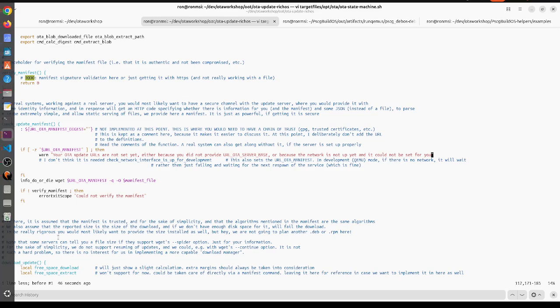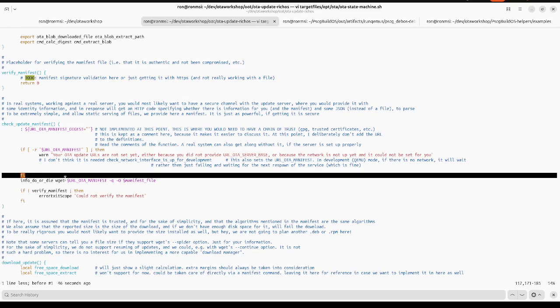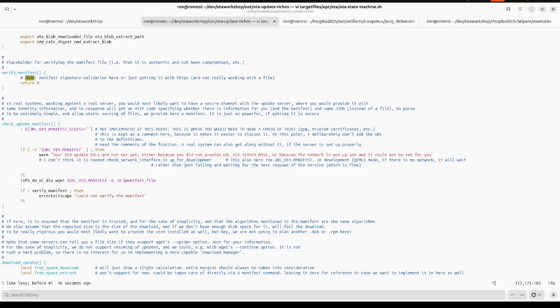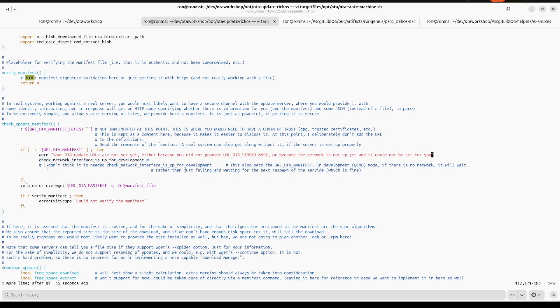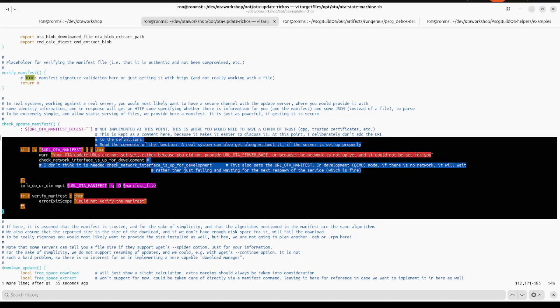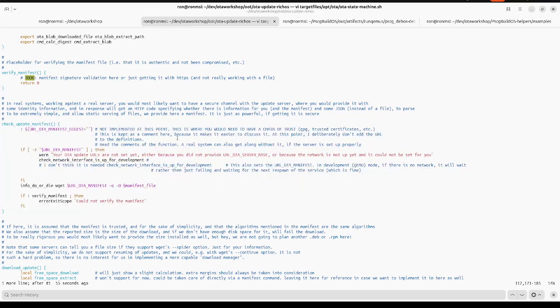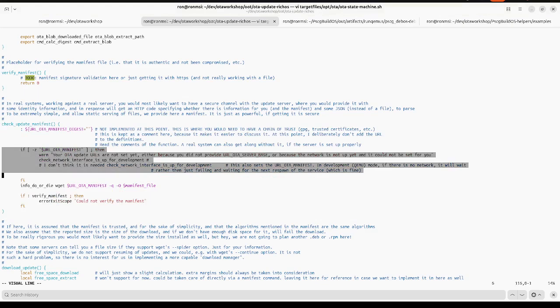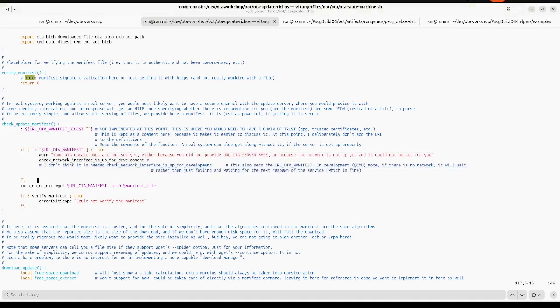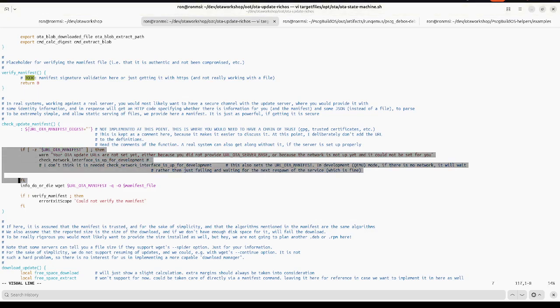So whatever happens here, if the function was indeed called, then it will be set properly, everything will be nice, we'll get the manifest, which we did, we saw it. But then after we exit the subshell, nobody will know it. So what we're going to do is take this logic and put it, let's also take this opportunity to get rid of the spaces, and we will put it